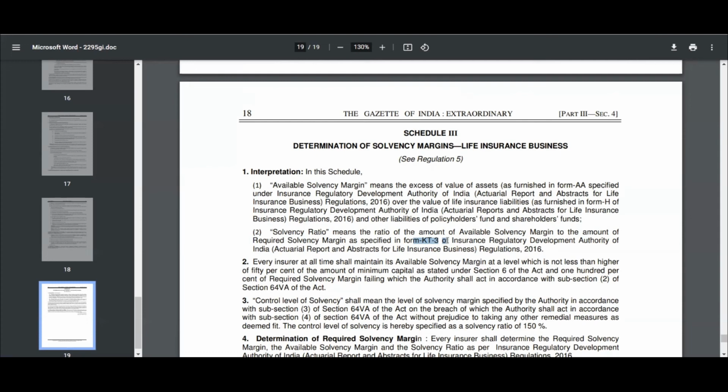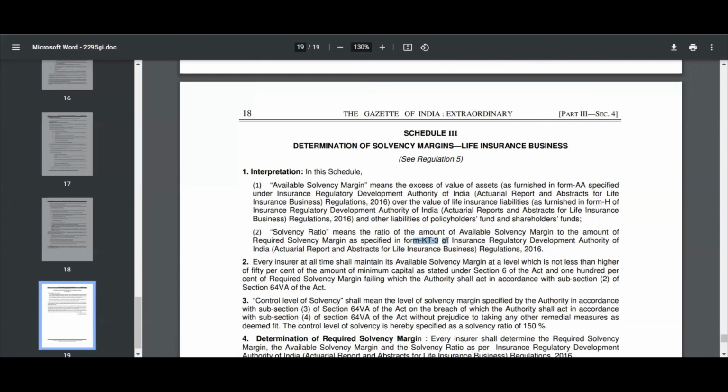So how is that calculated in the Indian scenario? It is calculated using a factor based method. The factors are sum at risk and reserves, and you calculate using a percentage. For reserve I think it is 3%, and for sum at risk it is 0.03%. So you multiply that, and say suppose you get 30 rupees. This regulation is called the required solvency margin.